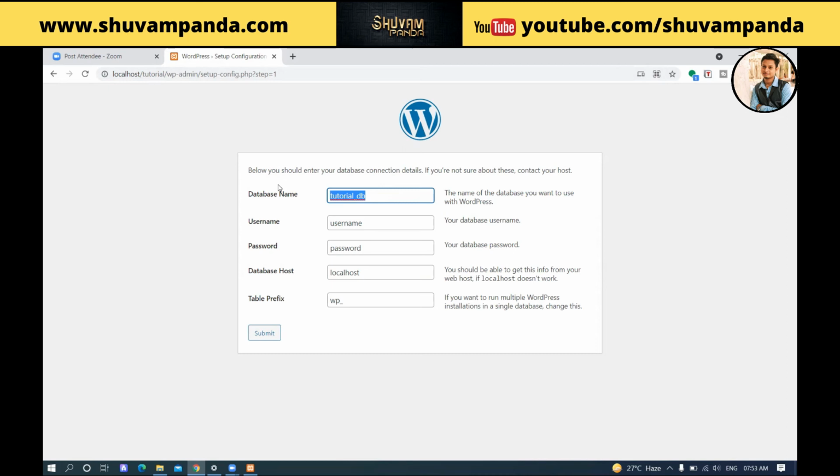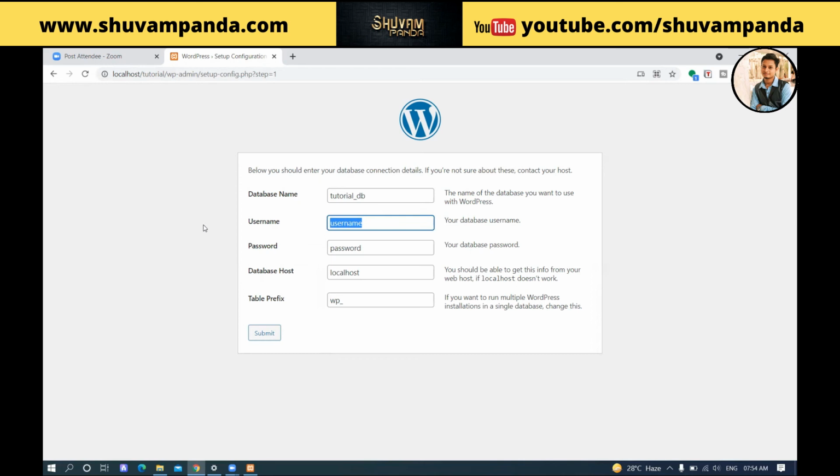Now enter the username of the MySQL database. What will be the username? You need to remember that every database contains plenty of data. To secure the database, you have to keep it away from any other person.